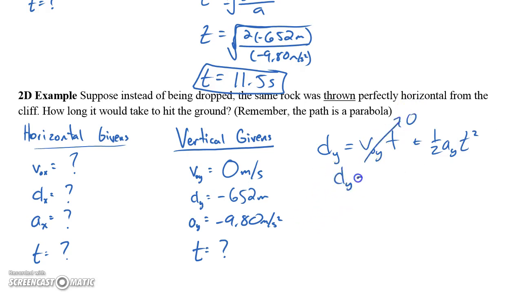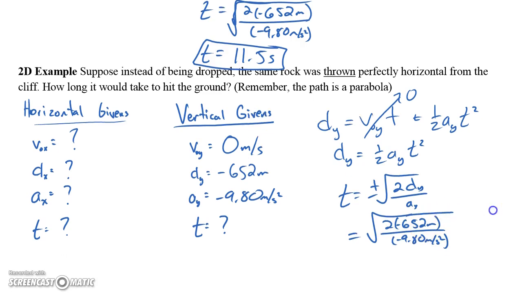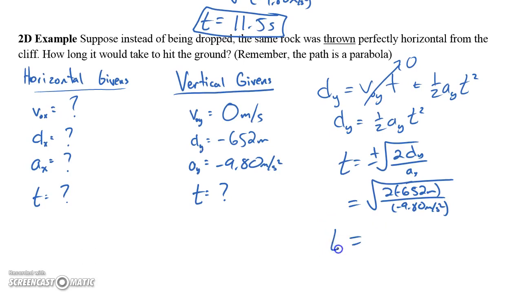We get dy equals 1/2 ay t squared. T equals plus or minus the square root of 2 dy over ay, which is the square root of 2 times negative 652 meters over negative 9.80 meters per second squared, which, if you think about it, should be exactly what we had before,